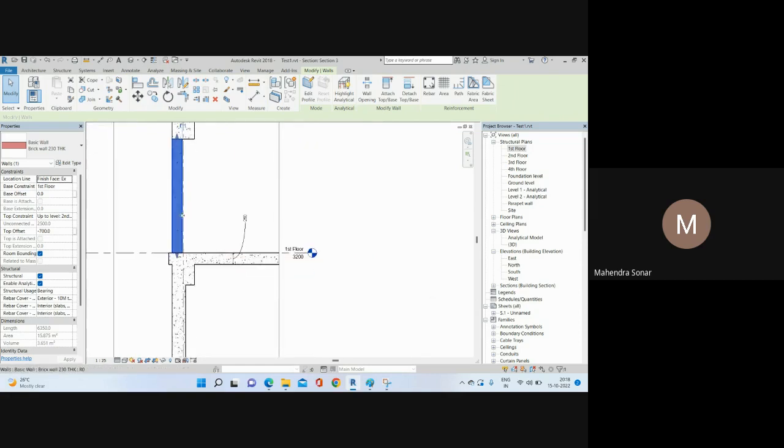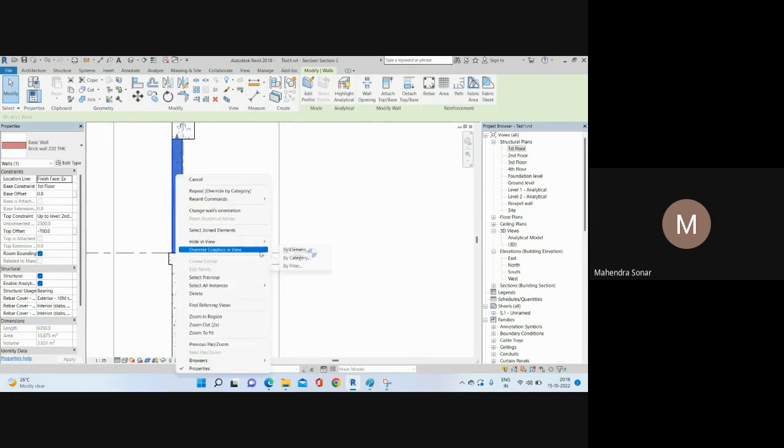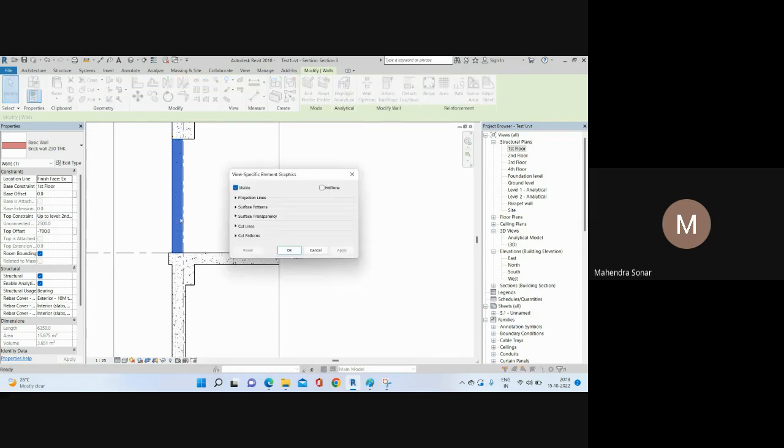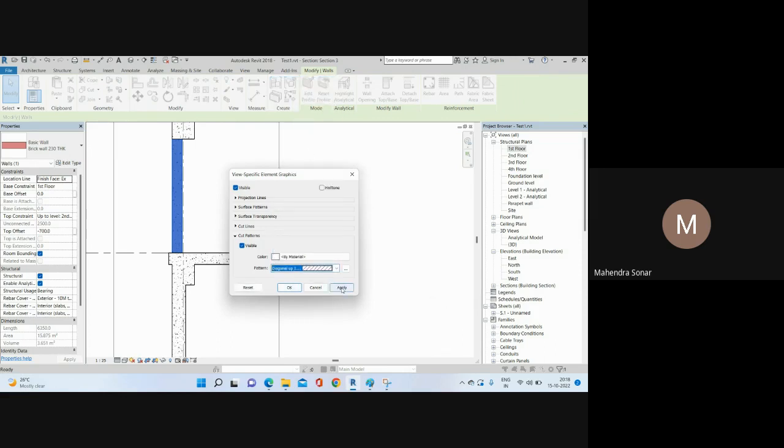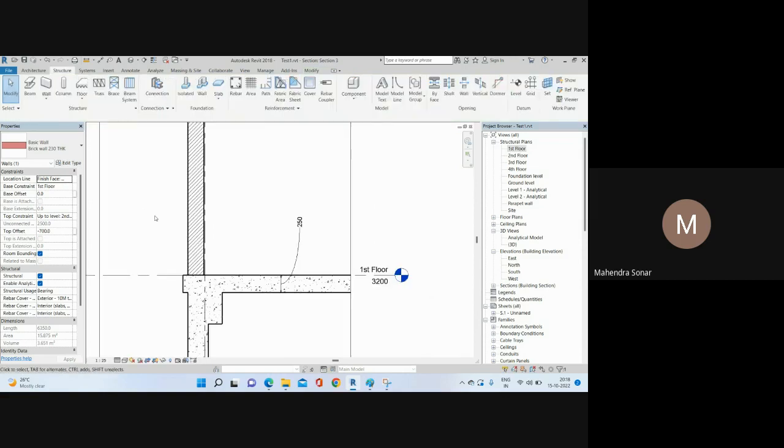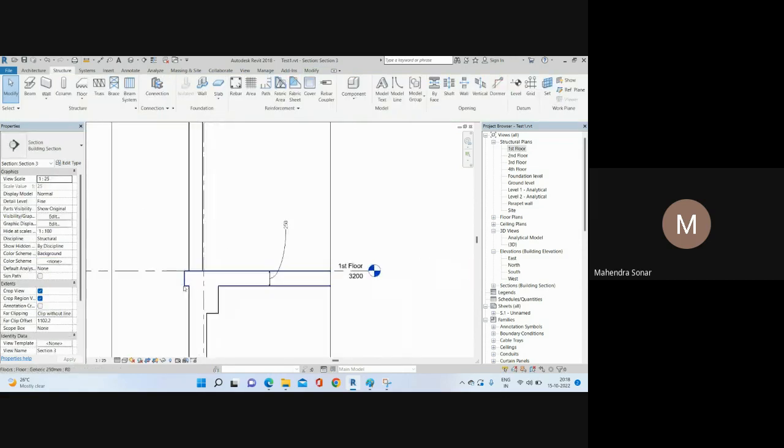Okay, so in that case, right click and go to here, and I will go with by element because I want to change this only, not all walls. Okay, and you need to go here cut pattern. Okay, and you need to click here. So if your brick wall is cut in section, so we will show the diagonal cross hatch. So you have option here diagonal up, okay, and diagonal up one. So if I select this and apply and click here okay, so you can see,